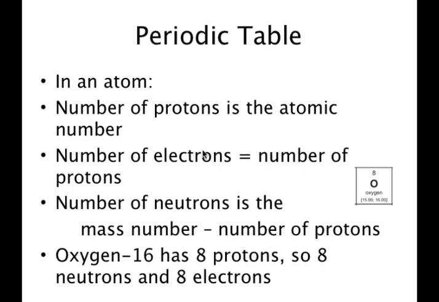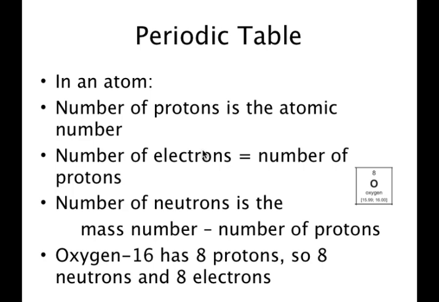So the periodic table can tell us how to work out the number of protons, neutrons and electrons in any given atom. The number of protons is always the same as the atomic number. The number of electrons in a neutral atom is the same as the number of protons. You have to work out the number of neutrons. Because neutrons have the same mass as protons, they add up with the protons to make the mass number, so all you have to do is to take the number of protons from the mass number to give the number